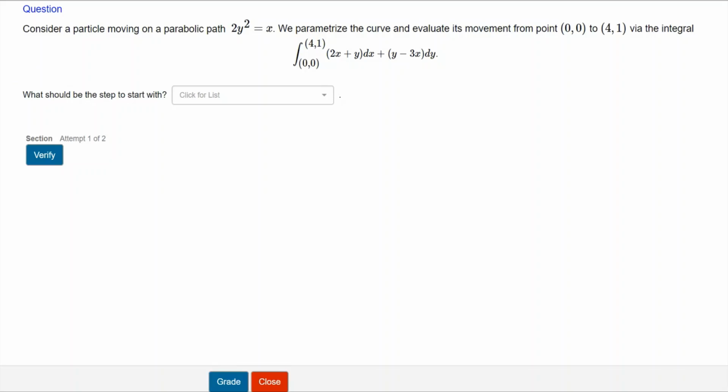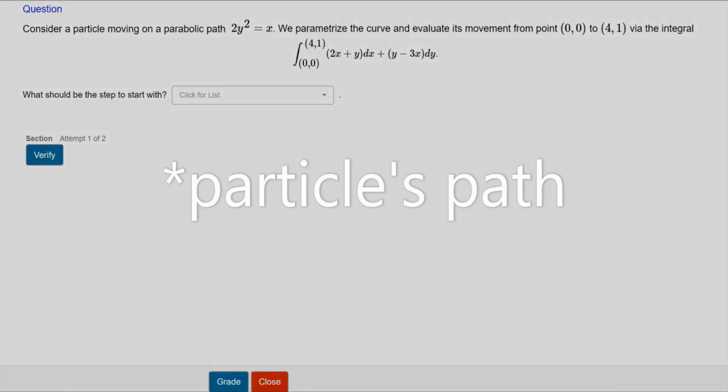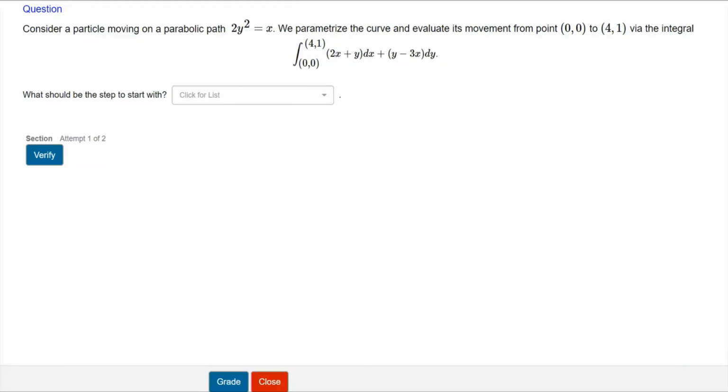As an example, we are solving a problem of investigating the path of a particle that moves along the parabola 2y squared equals x, and we are asked to parameterize the curve and evaluate its movement between the points (0, 0) and (4, 1). Now the changes in the particle are described by the integrand of the integral,